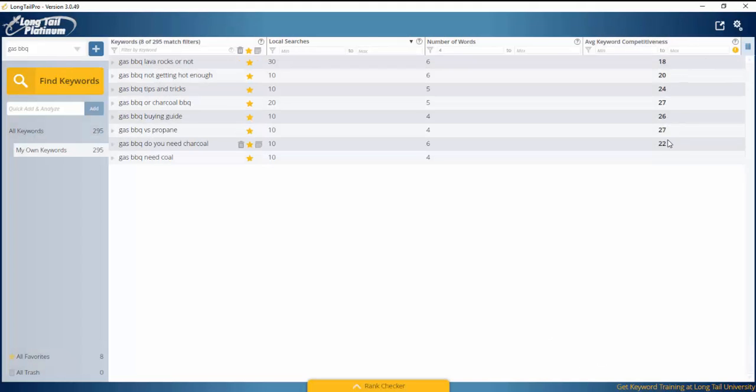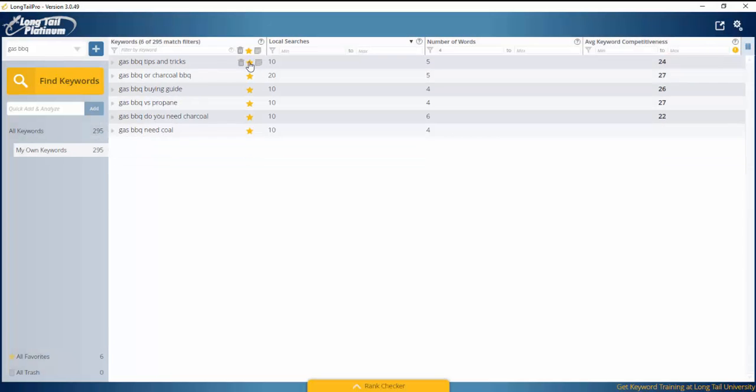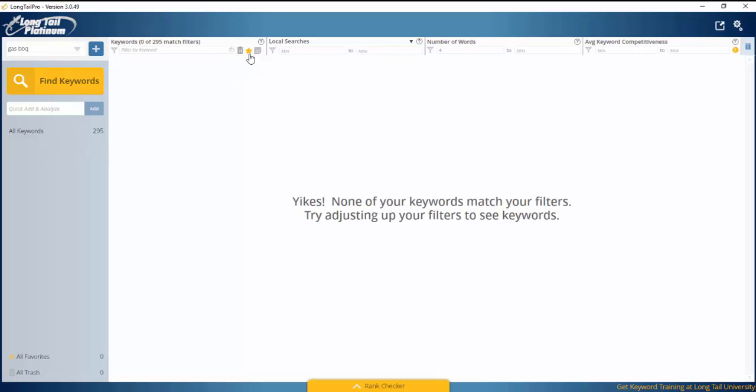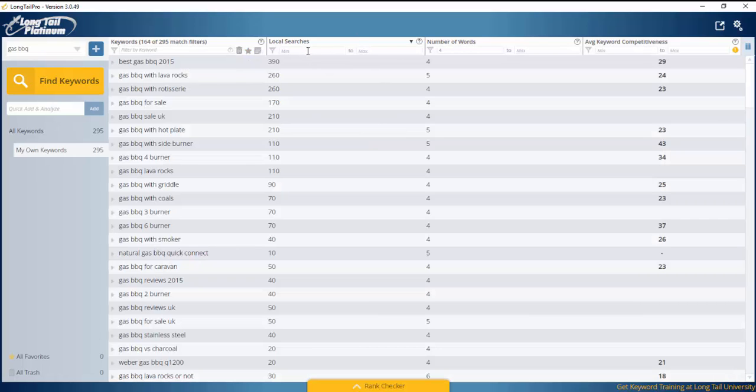Okay, they've all come back with very low competitiveness, so I'm happy with them. So I'm going to export them as articles I'm going to add to my website. So again, I'm going to uncheck all of these because we've got them exported. The final thing I want to look at is highest monthly searches, and there are none here that have a